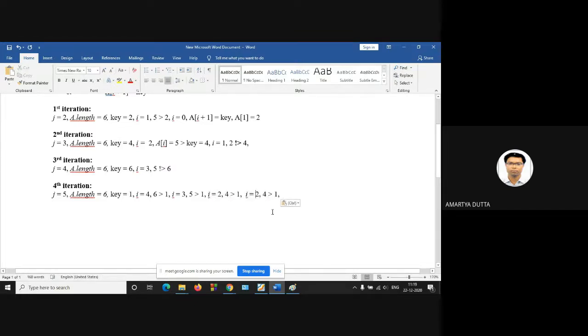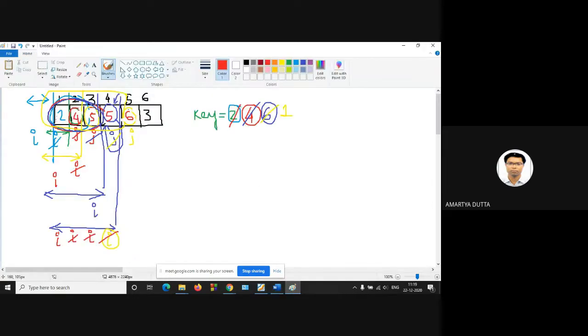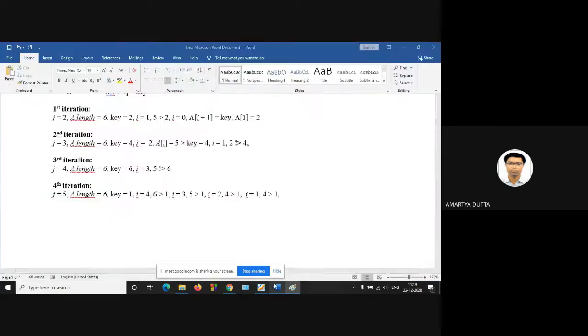Now your I value is 1. What is the ith value? Ith value is 2. So 2 is greater than 1. Now again decrement the I value by 1. So new I value is 0.